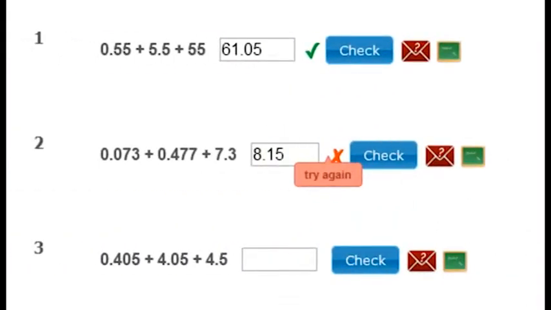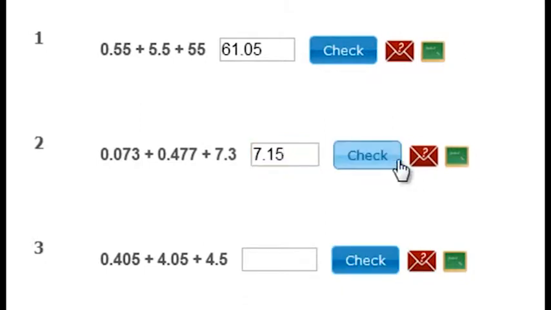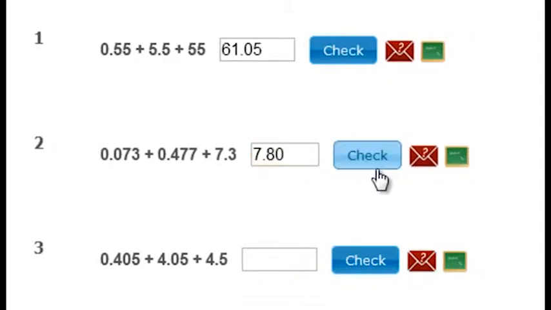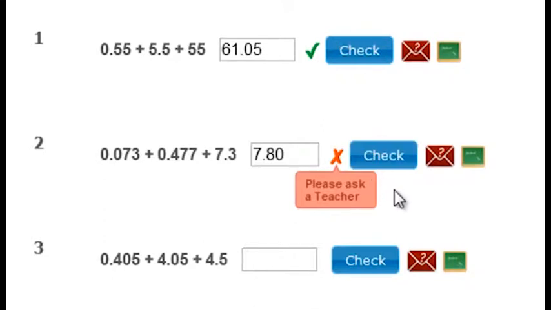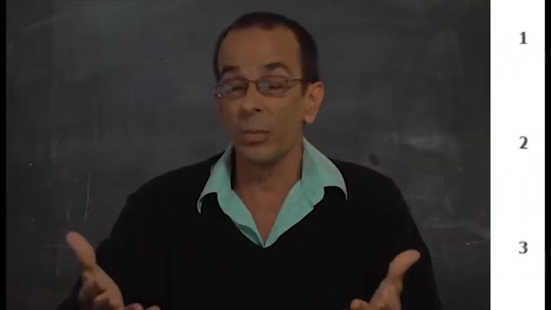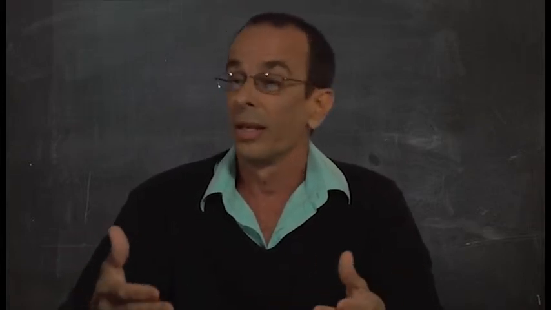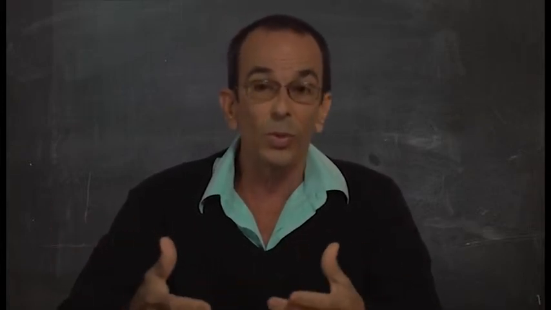Pennacool then gives the child a chance to try again. A prompt will come up on the screen and it says, wrong, try again. The student has an opportunity to try any number of times, but after the third wrong attempt, Pennacool will send a prompt to say, go and ask your teacher, because there are limits to pennacool.com. We know what those limits are. We don't pretend otherwise. And it is time now for you, young person, to go and speak to a teacher